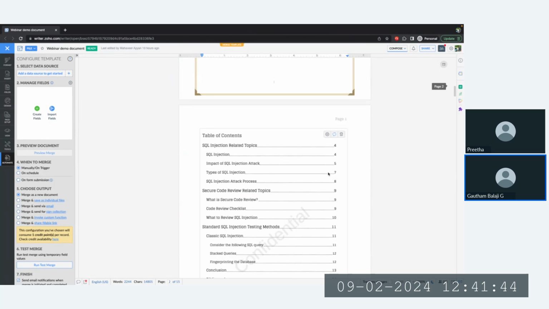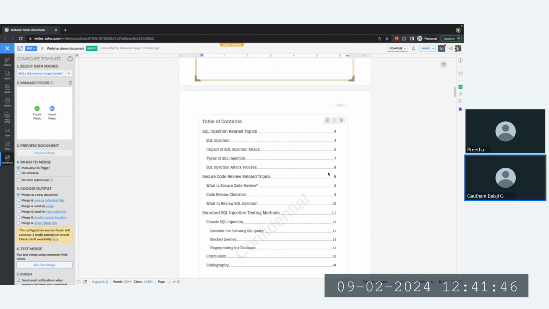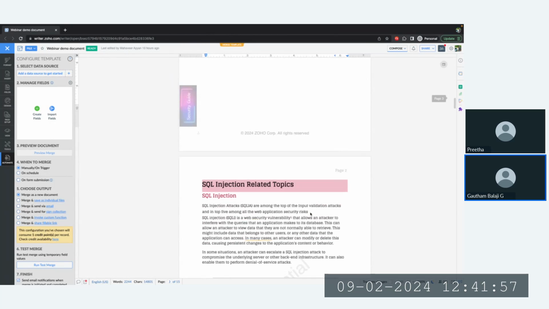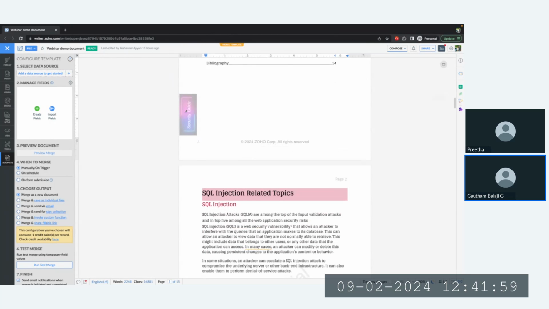And here you can see that the table of contents defines all the categories and the headings that are available in the document. So you can click on it and go to any heading that is required. Further, when I jump over, you can see that we have added a side text box. Using that, you can provide certain information. For example, if this is an internal document, you can mention that inside the text box